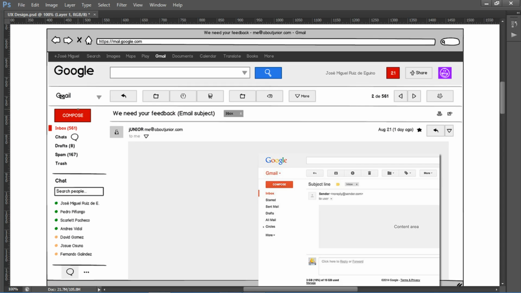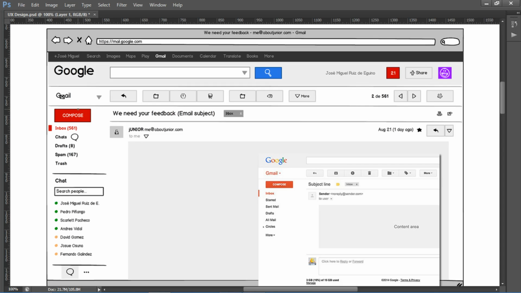What are the services in this product? Sending a mail, checking a mail, chatting, and also saving the mails. Okay? These are the services.